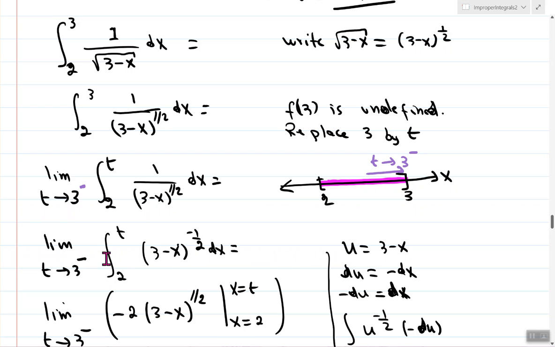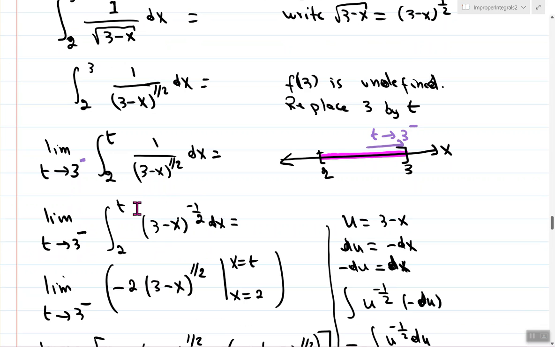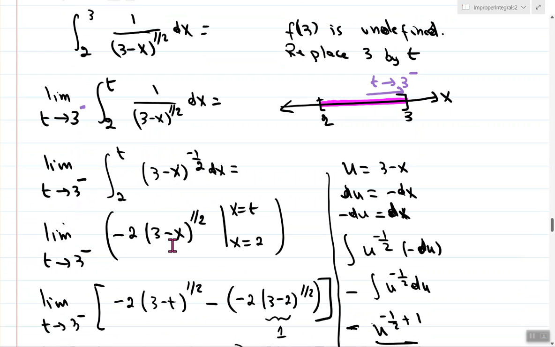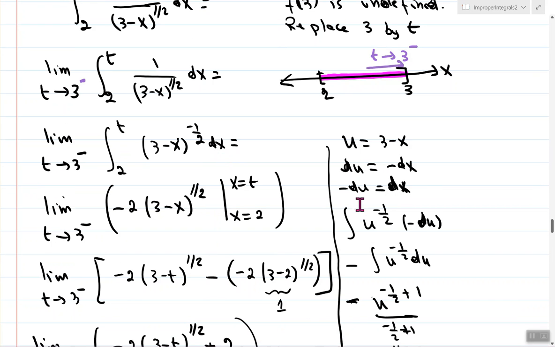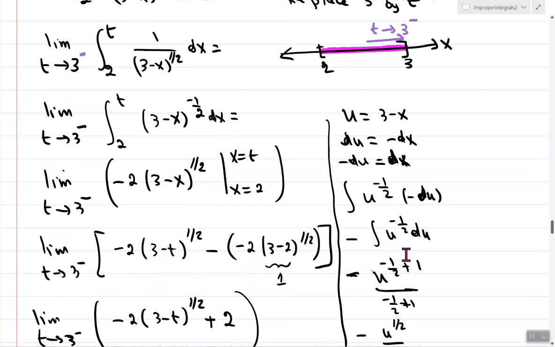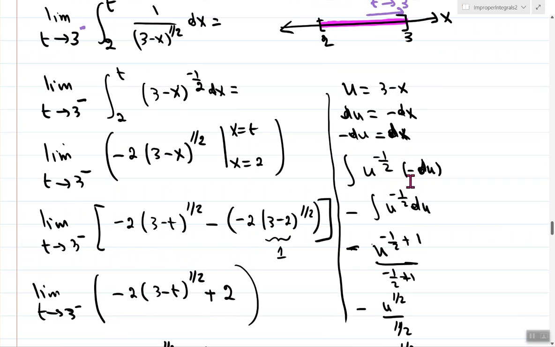So now we're going to do the integral. This integral can be done by the u substitution. If you let u be 3 minus x, then du is negative dx, so negative du is dx. So we plug in u, and we plug in dx is negative du. Okay, so we get u to the negative 1/2, and then times negative du, and we bring